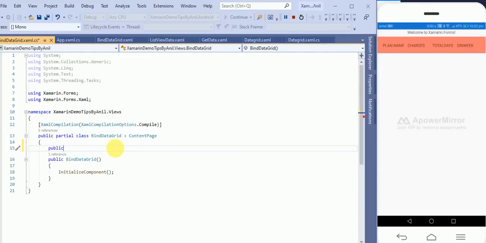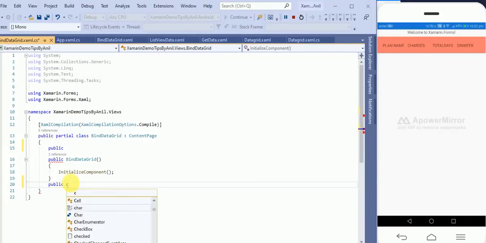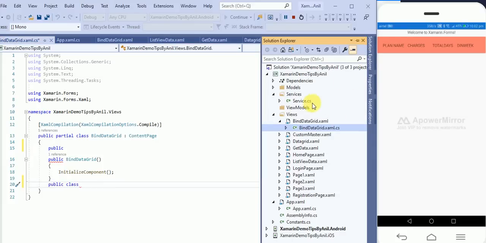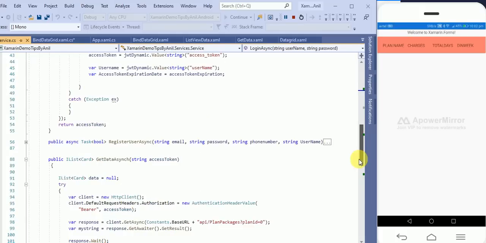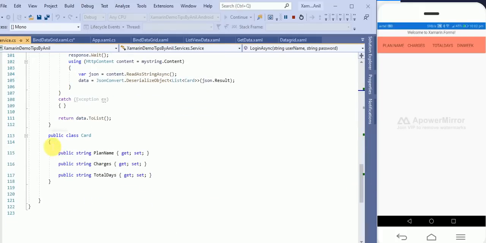Here, public IList. First I have to define the class. The same class I defined in my previous article, so I'll take it from there because it will be quicker. In my previous article I also bound this class.